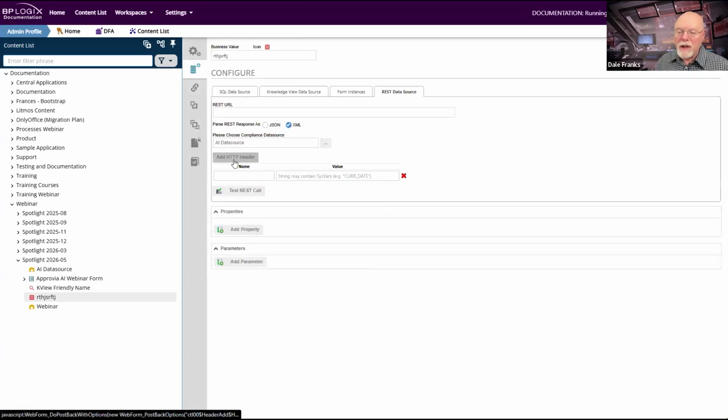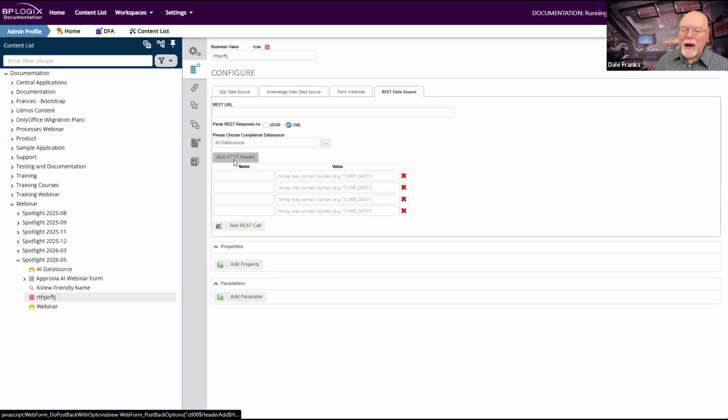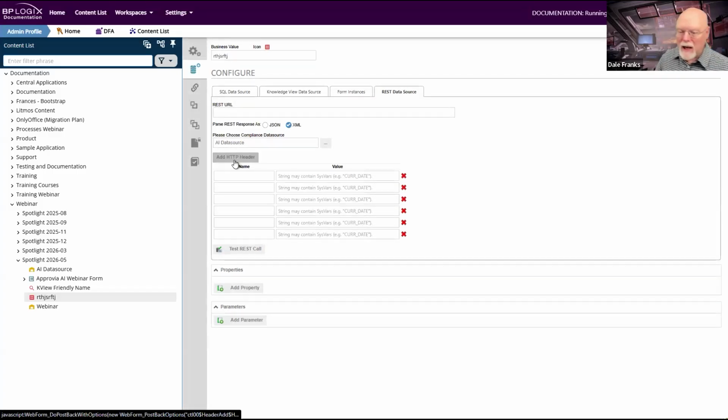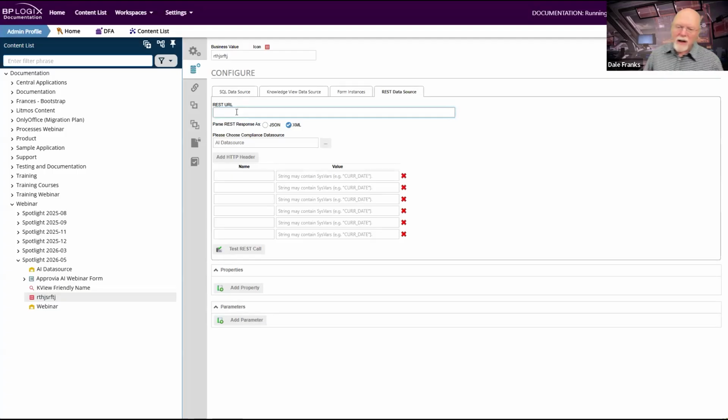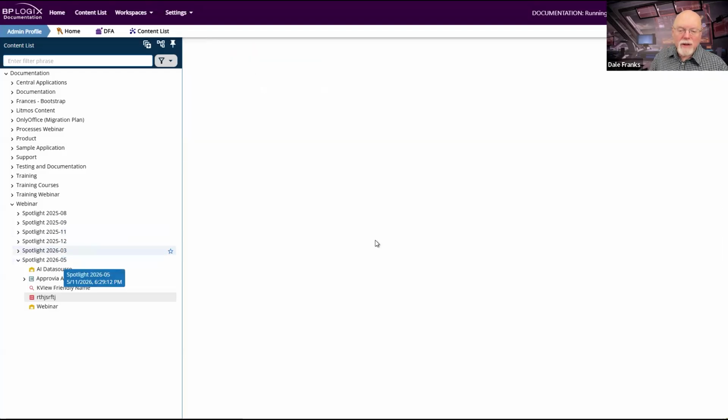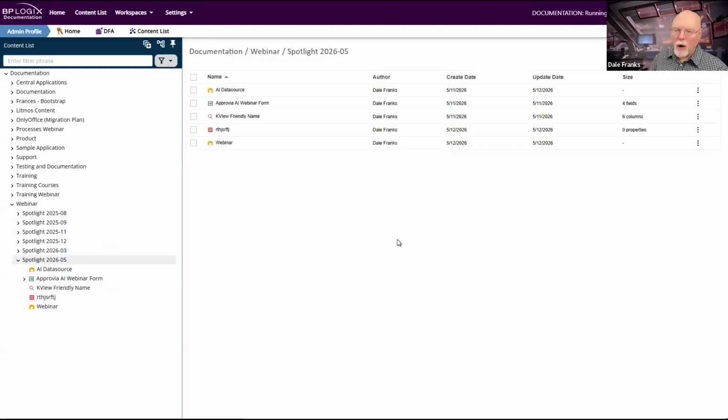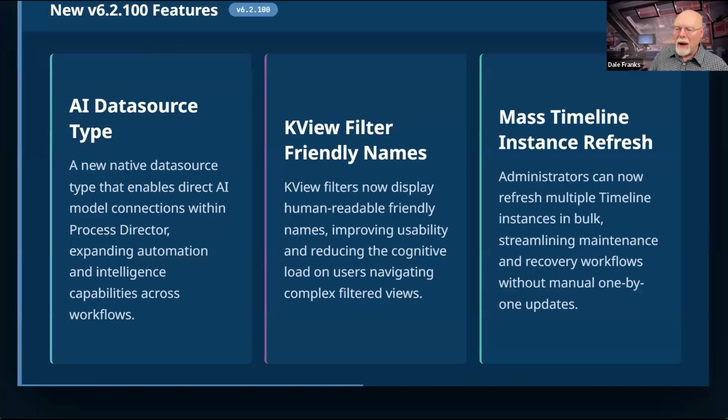And of course, if there was any specific data that we needed to pass, we could pass that through as many HTTP headers as we need, or conceivably in your REST URL as URL parameters, however it was that you decided that you needed to do that. But in any event, that's the purpose of the AI data source. It gives you a way to connect to your AI service and then receive whatever data back from that service that you want based on whatever prompt it is that you pass the service.